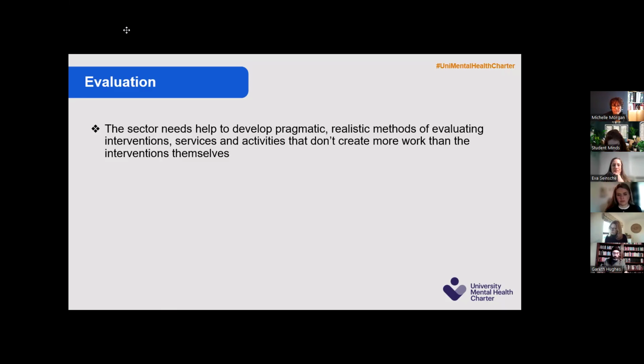The other thing that's happening, really excitingly, as a result of some of the work that came out of the Charter Award, is that the team at UWE are trying at the moment to work out how to develop something that is more specific to the student population. So there is work ongoing within UWE to try and do all of that.